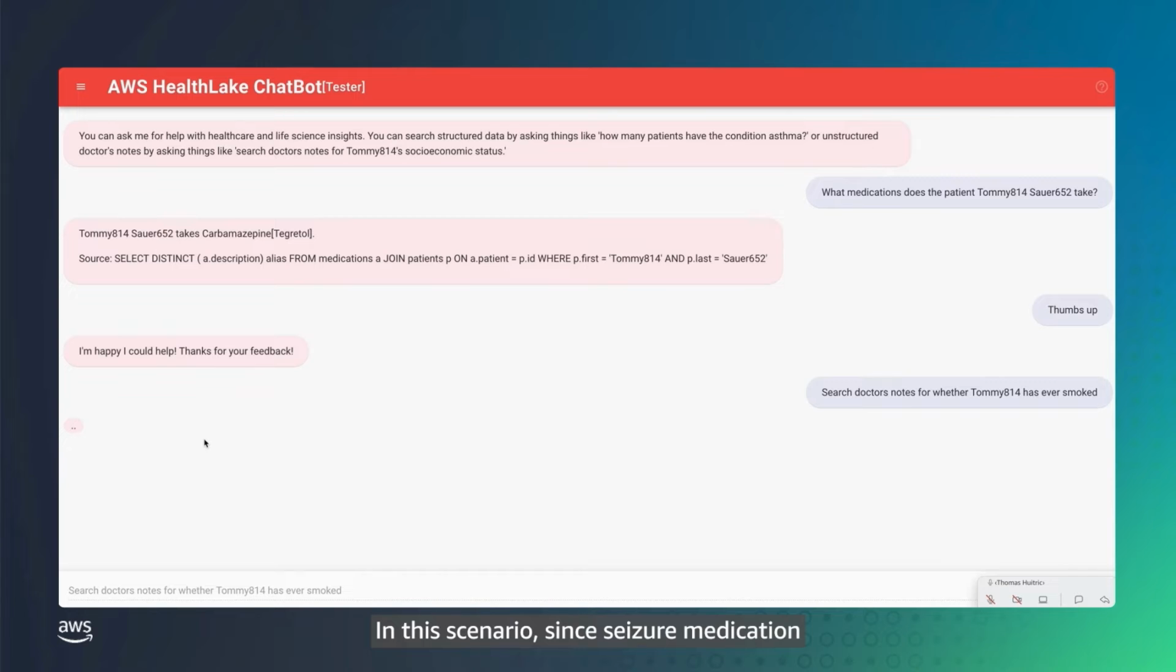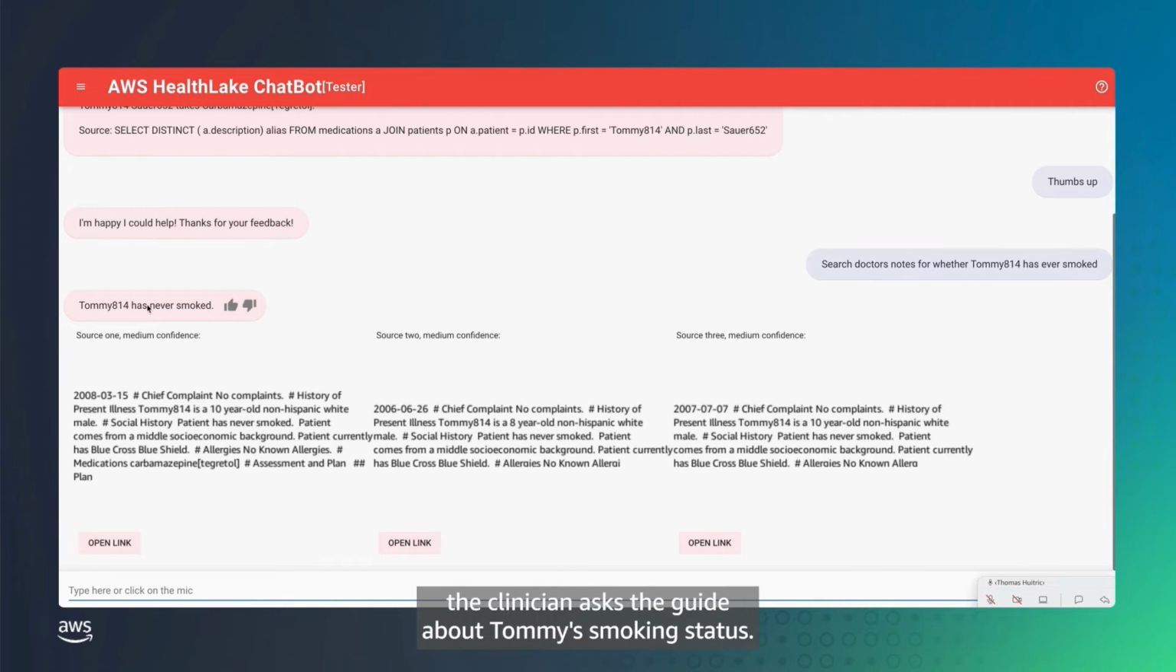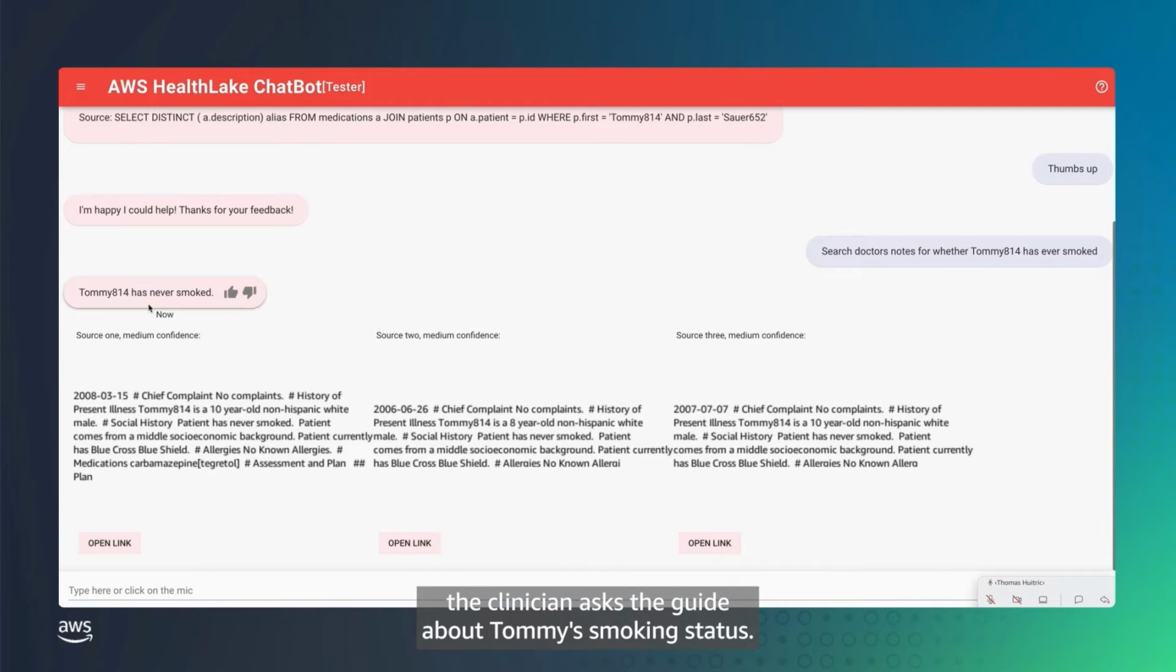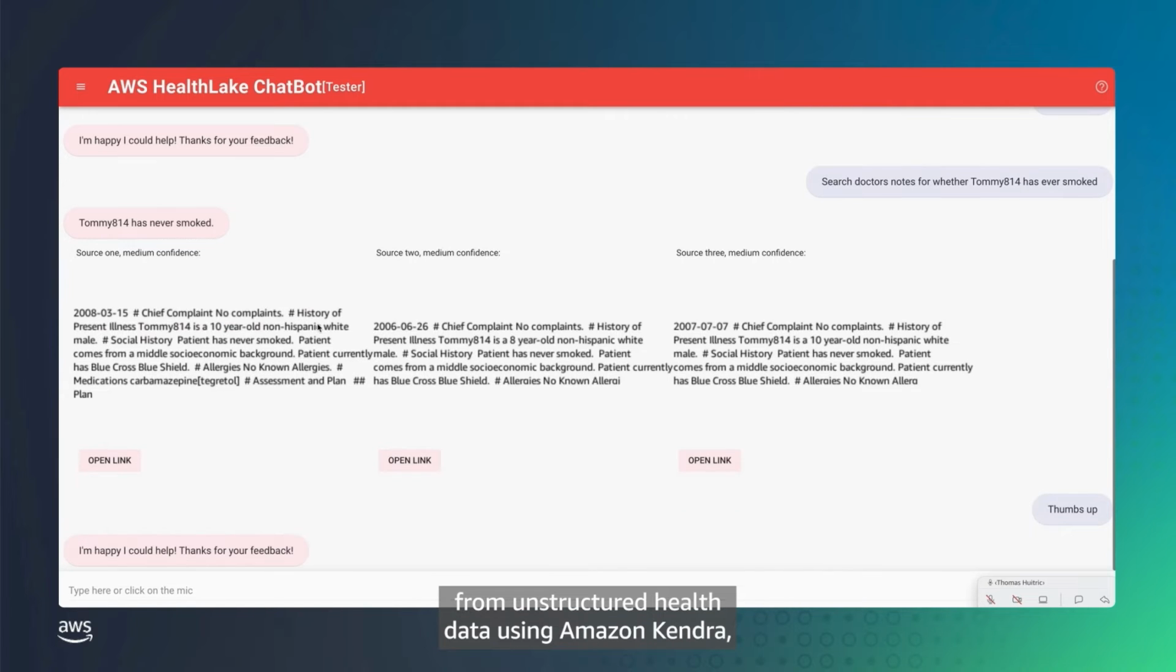In this scenario, since seizure medication can change the metabolic processing rate of nicotine, the clinician asks the guide about Tommy's smoking status. This would usually require a clinician to manually review the patient's vast health data to find the answer. The guide simply pulls the information from unstructured health data using Amazon Kendra and quickly responds that the patient